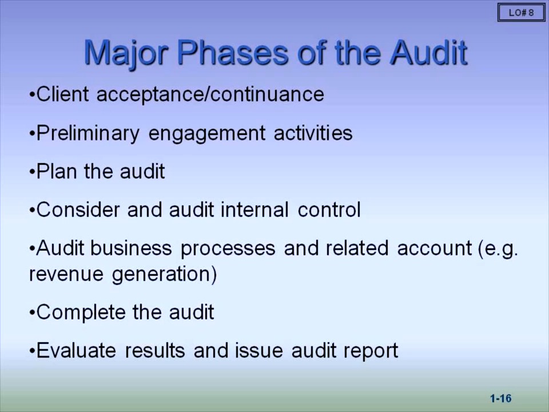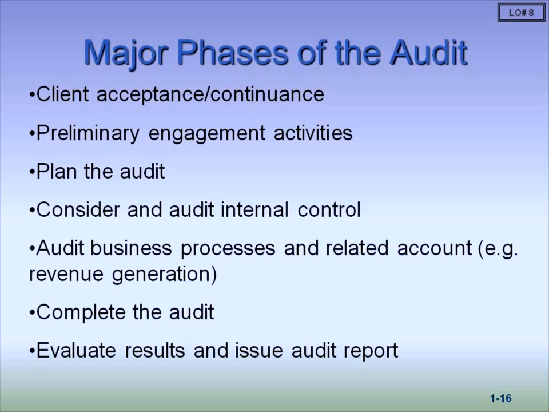So here is where we establish an understanding with the client about who's responsible for what and who's going to do what and how much it's going to cost. The preliminary engagement activities: we go and talk to outside vendors, we talk to the banks, we talk to the predecessor auditor, and of course we have to get permission to do all these things. And we also do a computation of our audit risk, our inherent risk, our control risk, our engagement risk, etc. And we apply that number to the engagement.